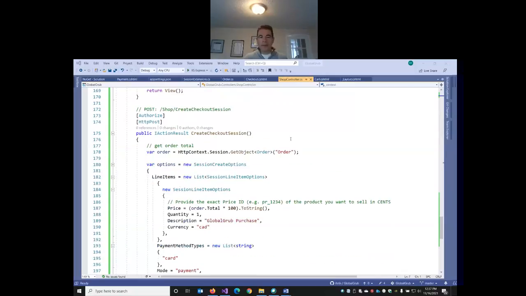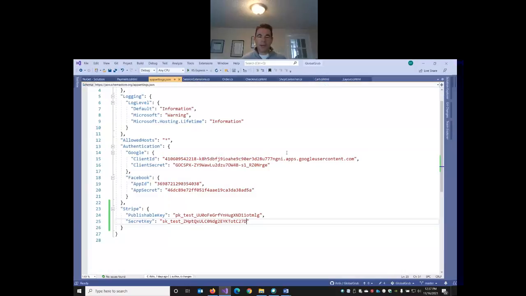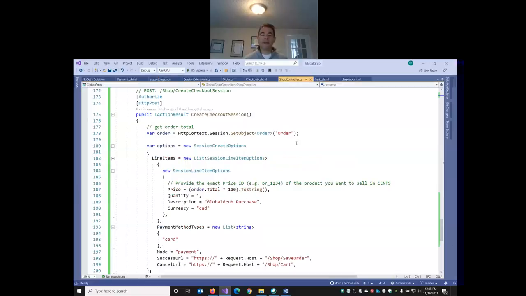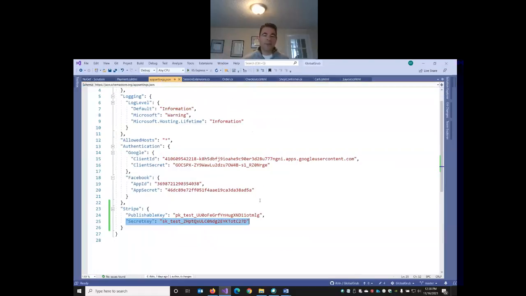So now we've got a little bit of a trick. In general, most things in ASP.NET work really well. Here's something that's sort of clunky. We need to read the secret key from our appsettings.json. In older versions of .NET, in our controller, we could just use the configuration class and it would allow us to read values from appsettings.json. As of .NET 3.0, they actually got rid of this. There's no way for the controller to read the keys directly,